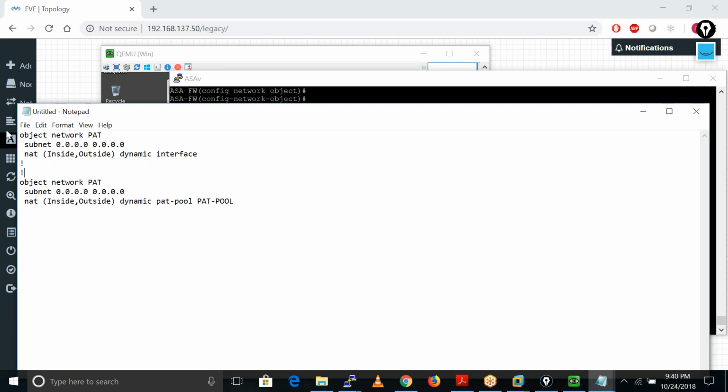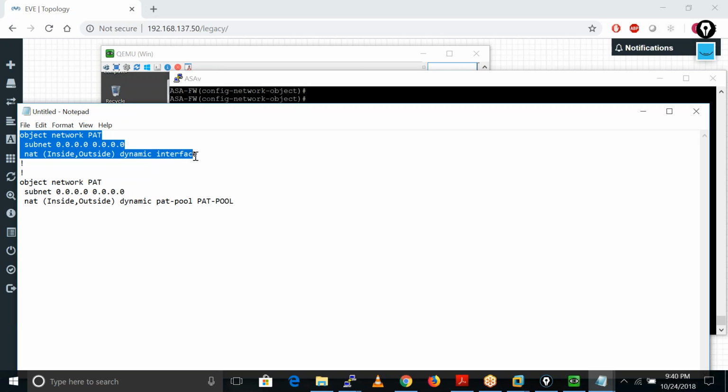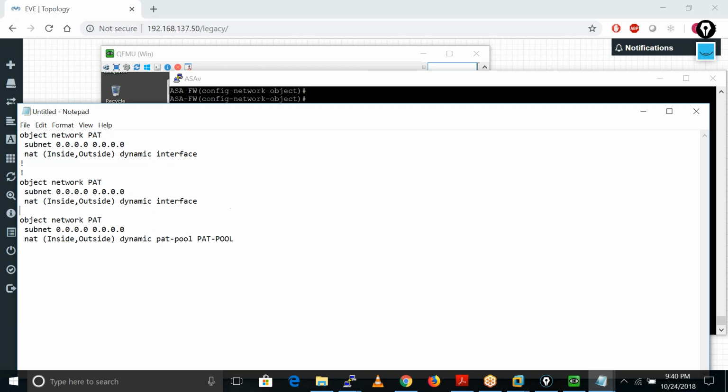Okay, and we also have one more combination, which is for host dynamic. After that you can define the IP address directly, 192.168.1.200 if you want. Okay, and this is for the PAT pool.